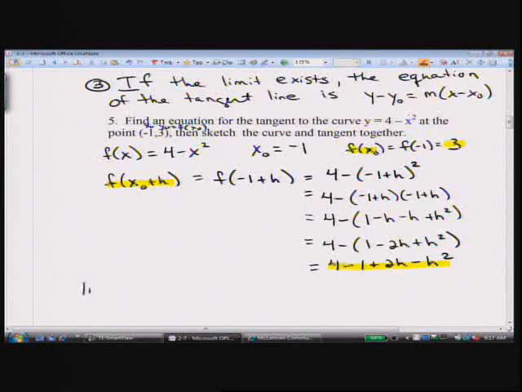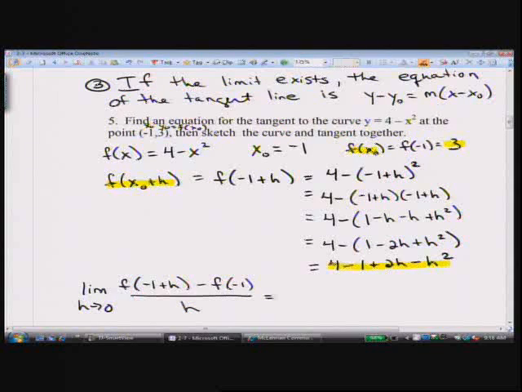So the formula is that the limit as h goes to 0 of f of x naught plus h, which in this case is negative 1 plus h, minus f of x naught, which is f of negative 1, all over h. And so f of negative 1 plus h we found to be 4 minus 1 plus 2h minus h squared. So this is going to be the limit as h goes to 0 of 4 minus